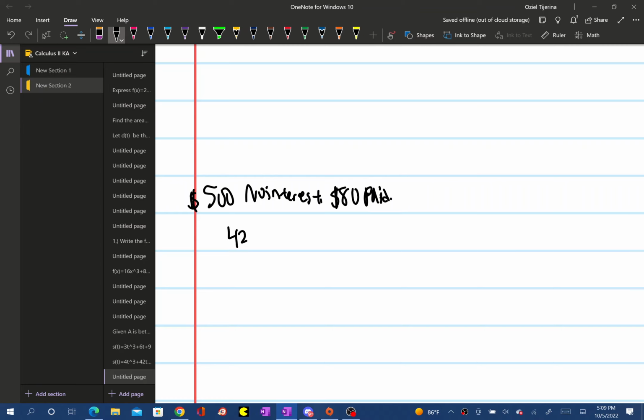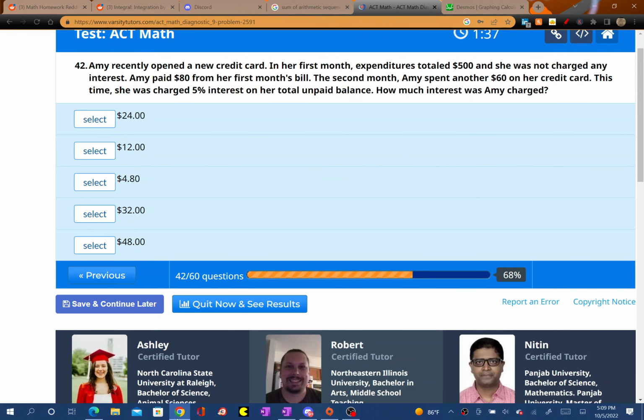So she has $420 still from her first month, $420 left over from the first month. Okay. And then it says in the second month she spent another 60 on